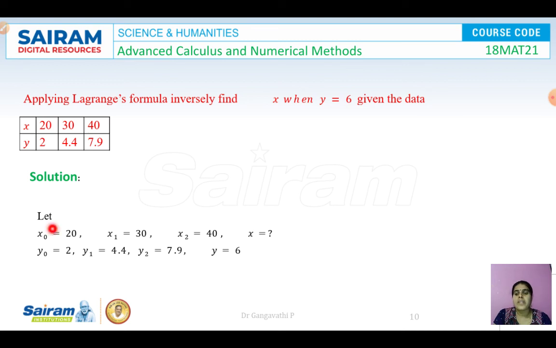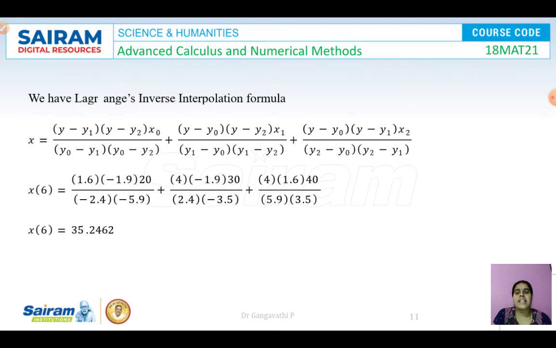result. So here x0 is 20, x1 is 30, x2 is 40. The corresponding values are y0 is equal to 2, y1 is 4.4 and y2 is 7.9. And we have to find x when y is equal to 6. So inverse Lagrange's formula is given by x is equal to (y minus y1)(y minus y2). Because I have got values only till y2, we have to stop it at this stage, into